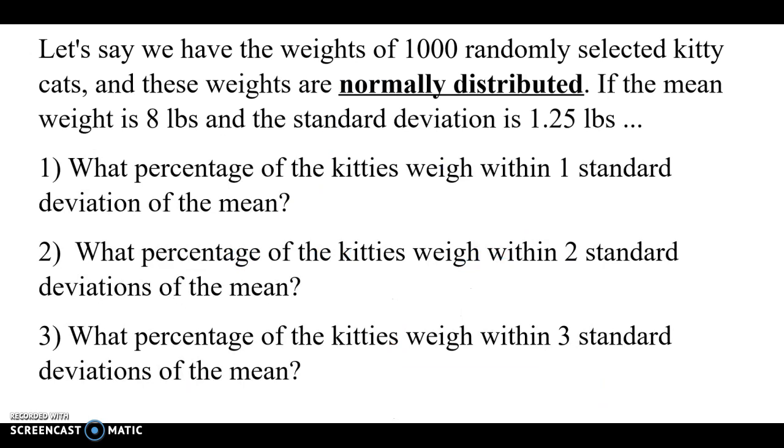So let's take a look at our example here. Let's say we have the weights of 1,000 randomly selected kitty cats. And these weights are normally distributed. That's important. If the mean weight is 8 pounds, and the standard deviation is 1.2